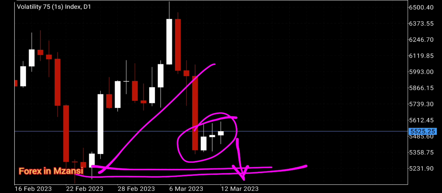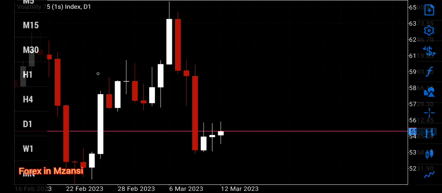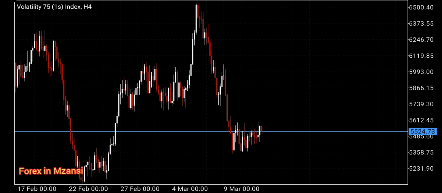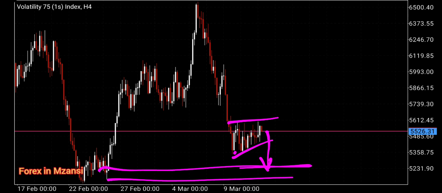Then the price will enter this zone on daily, the weekly, and the monthly as well, and even on H4, because we are saying that on H4 we are currently consolidating, and maybe if the price will just push one last time to the downside into this zone, into the daily one, then that's where we will say, I think buying is a good idea, because currently